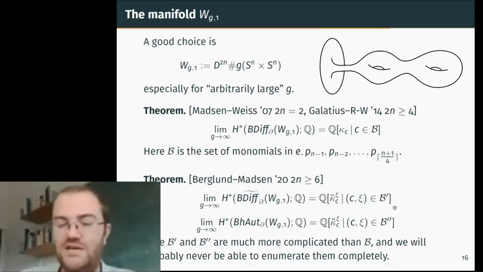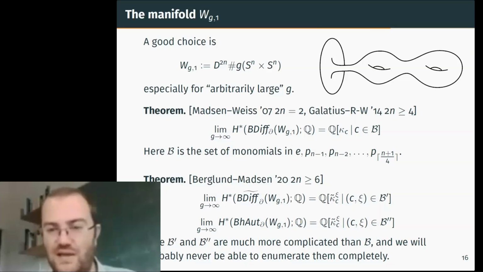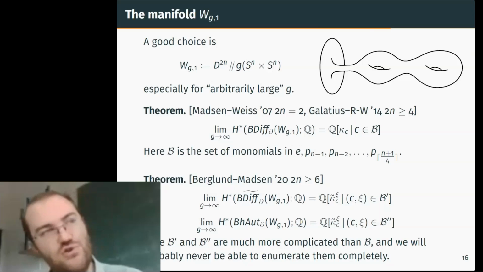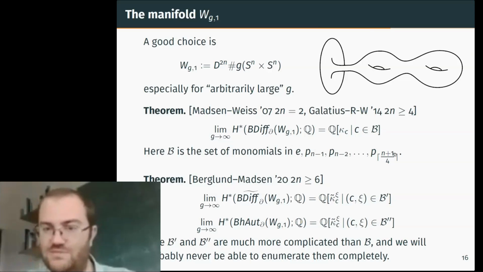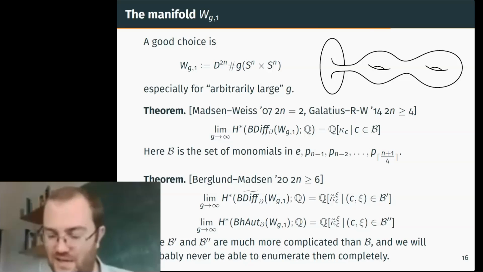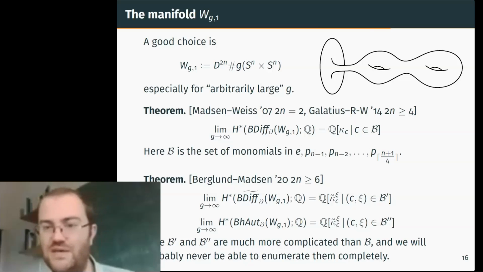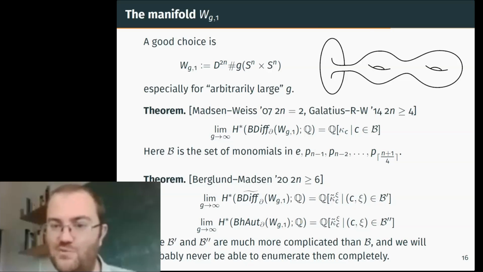It's indexed by homology classes in something like a group cohomology of outer automorphism groups of free groups. Their theorem phrases it in those terms, but we don't know how to compute those vector spaces. So we can't enumerate these bases B prime and B double prime in the way that we can with this basis B. And in some sense, probably we will never be able to enumerate them. It's a little bit like just trying to find a formula for the ith prime. Maybe you're not supposed to. It's a little bit like homotopy groups of spheres, maybe. The correct question perhaps is not, can we write down what all these groups are?